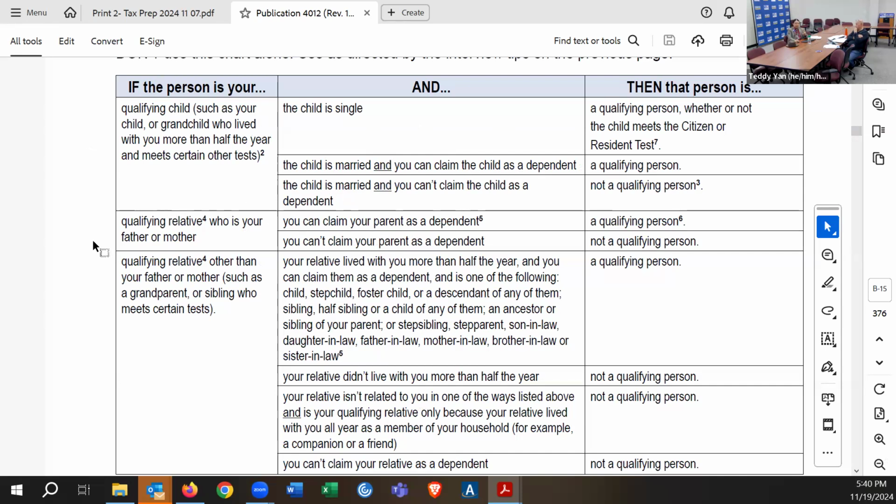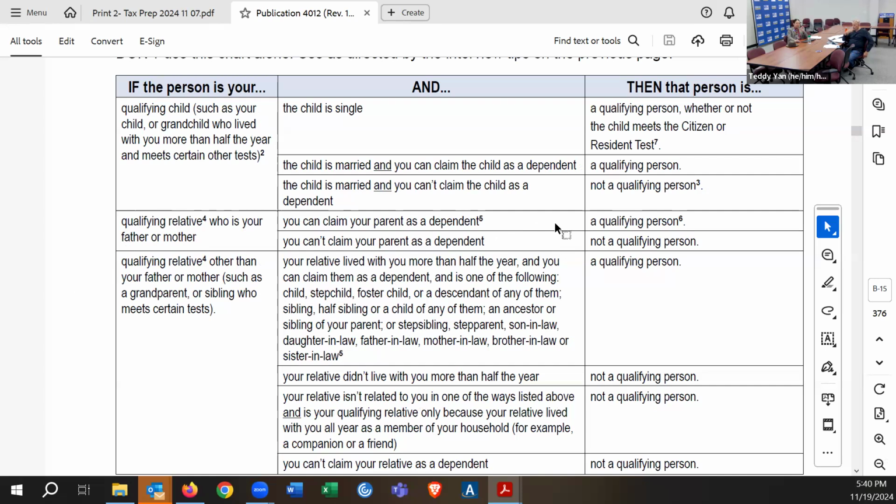There's another potential way that Cat might be able to qualify for head of household, and that is with a qualifying relative. Her father obviously cannot be her qualifying child, but he could potentially be her qualifying relative. And there are 2 different types of qualifying relative who might qualify someone for head of household. That could be father or mother, that's in this case, or it could be someone other than a father or mother. So here we're going to look at the first type of qualifying relative who is your father or mother,